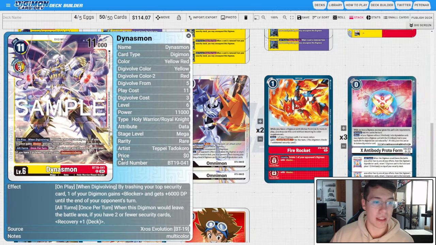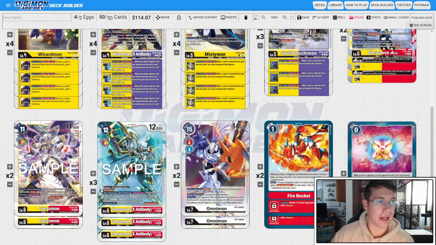Then we have 2 copies of the BT19 Dynasmon on play, and when digivolving by trashing your top security card, 1 of your Digimon gains blocker and gets 6k DP until the end of your opponent's turn. All turns when this Digimon would leave the battle area, if you have 2 or fewer security cards, you recover 1. The really cool thing about this is that this is going to synergize with your protection effects so that